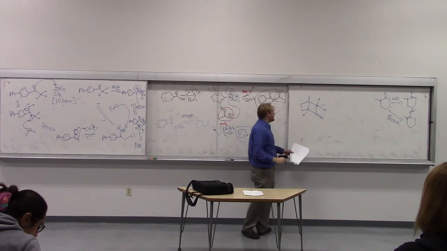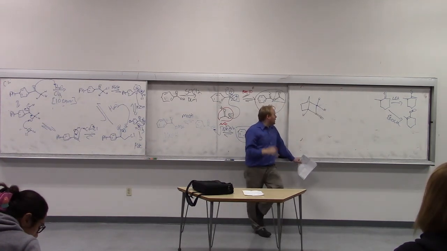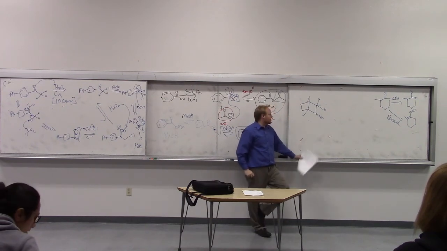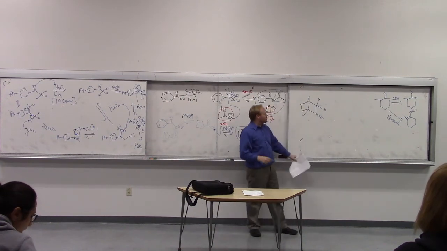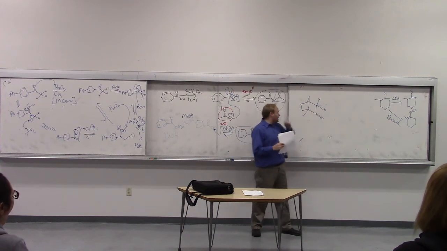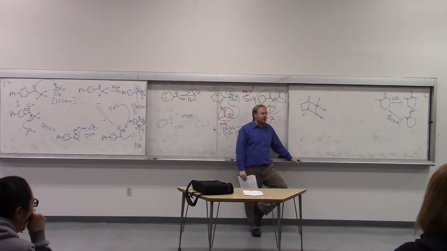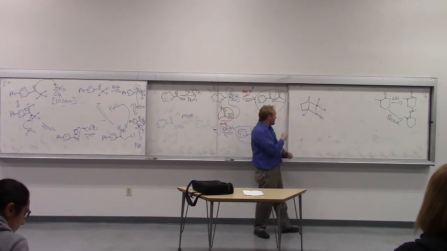In a system like this, only one of the alpha carbons has acidic protons. This is a rigidified system, so it can't rotate bonds, and the hydrogens are stuck where they are. So which one of these carbons is going to have the acidic hydrogens, and which one will not? This one will have the acidic hydrogens, and the reason being